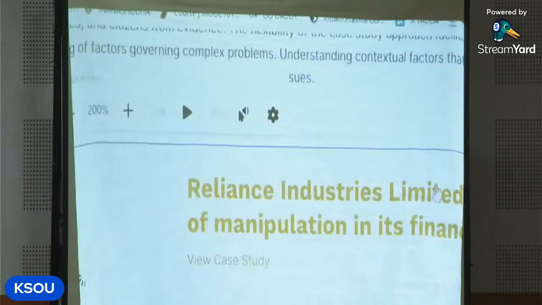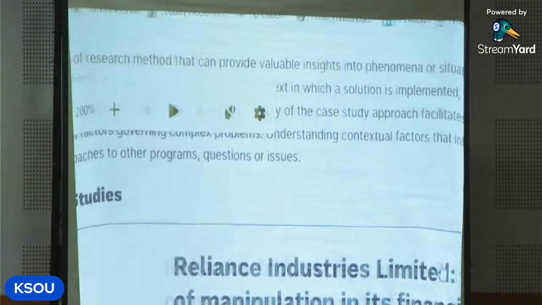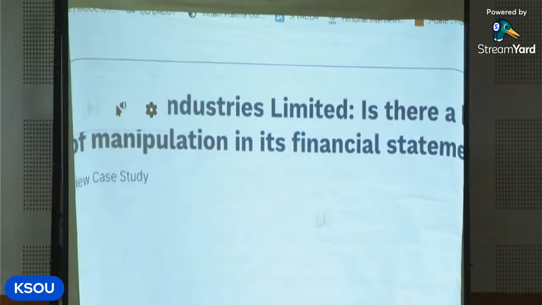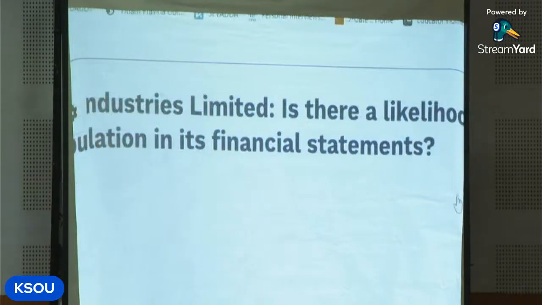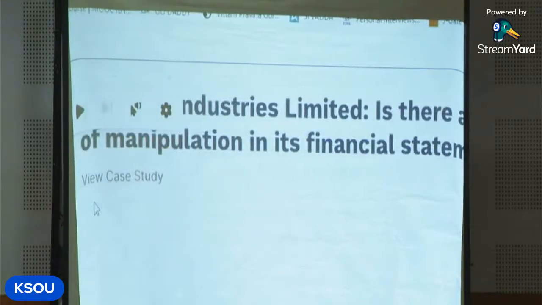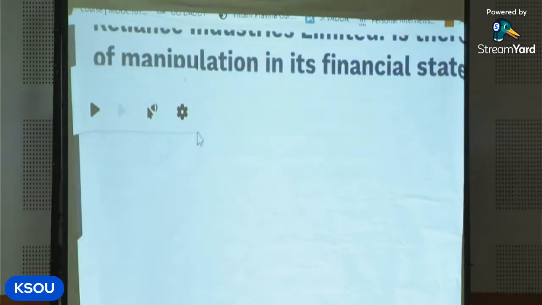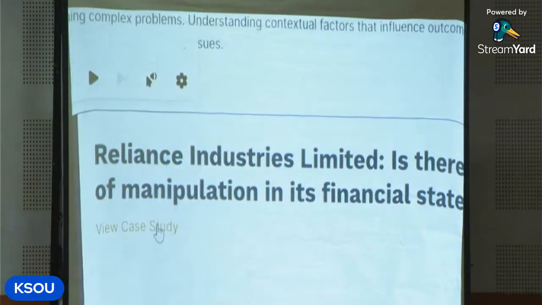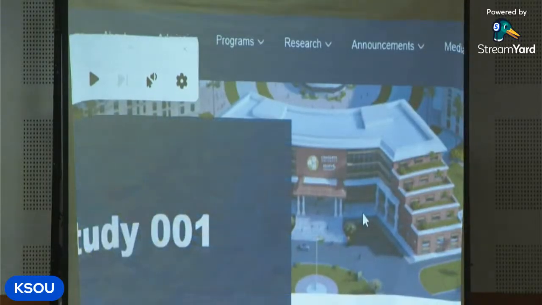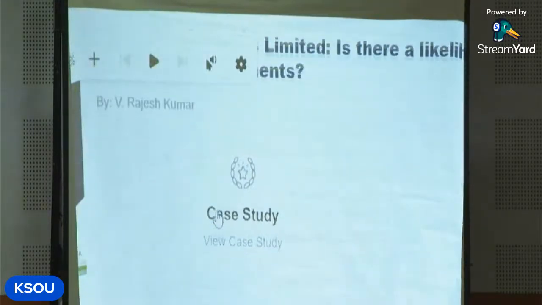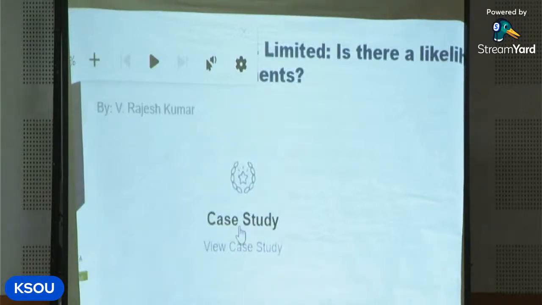Now, there you get this case, what I was showing in the morning and what I'll be discussing now. Reliance Industries Limited. Is there a likelihood of manipulation of the financial statements? If you go there, you can download the case and the teaching note. With every case, there's always a teaching note: how to teach the case and what's the solution for the case. You can download this entire case, and in this case,